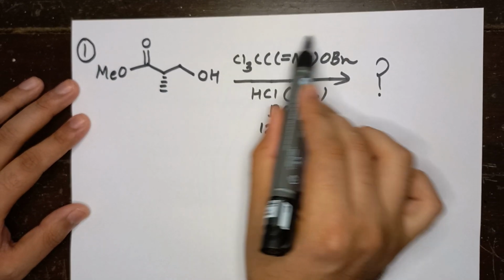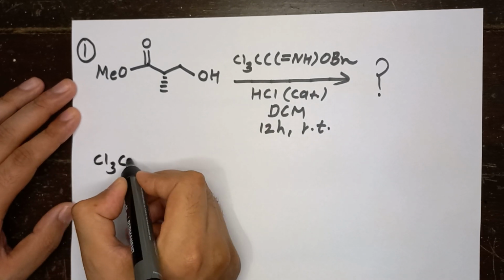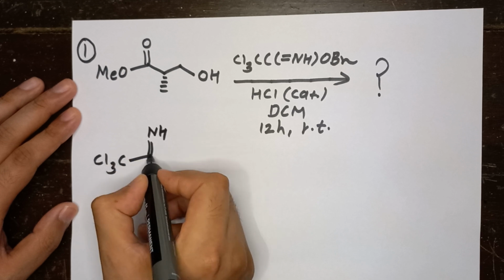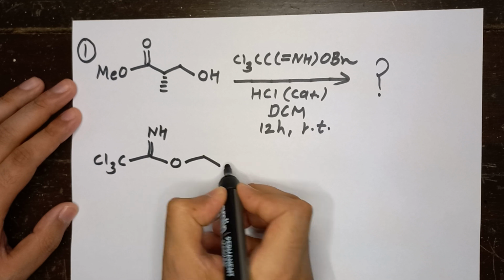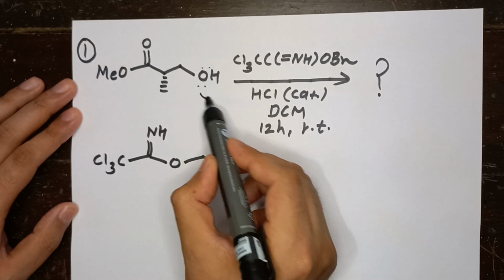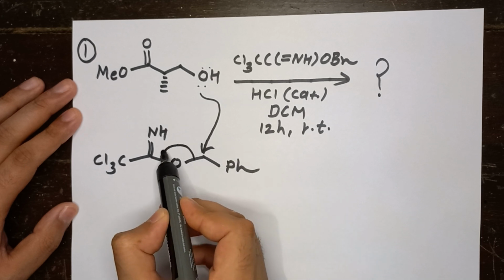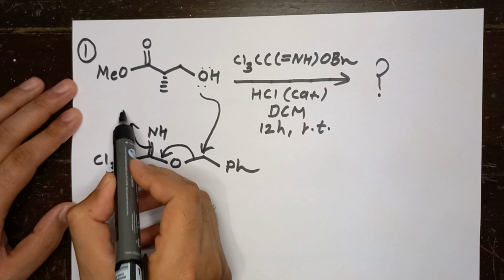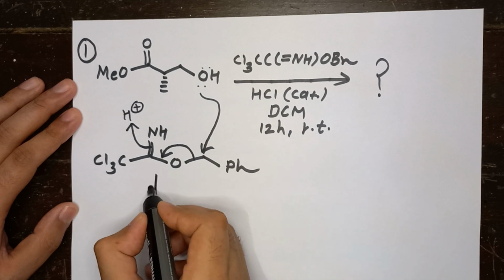Okay, so we can write this molecule as Cl3C, this is another carbon bonded to NH, and we have this OBn group. I can write this OBn as OCH2Ph. So this oxygen's lone pair will attack at this carbon. This carbon-oxygen bond is going to break, will form a double bond here, and this double bond will take the H plus ions coming from HCl. So the product is going to be